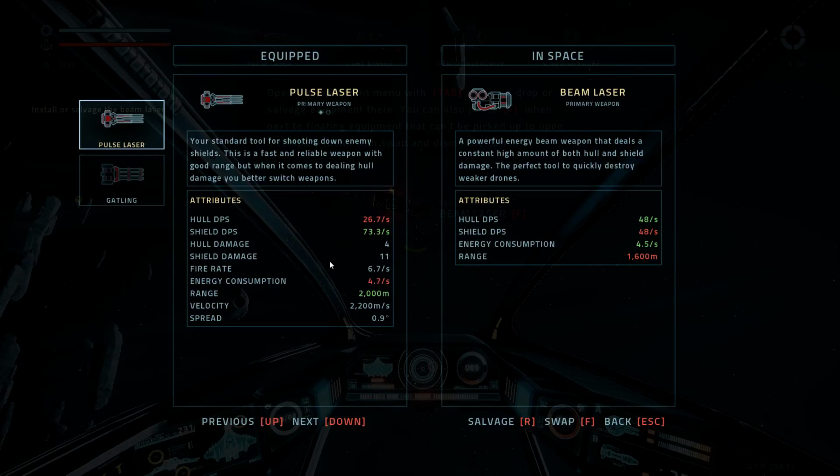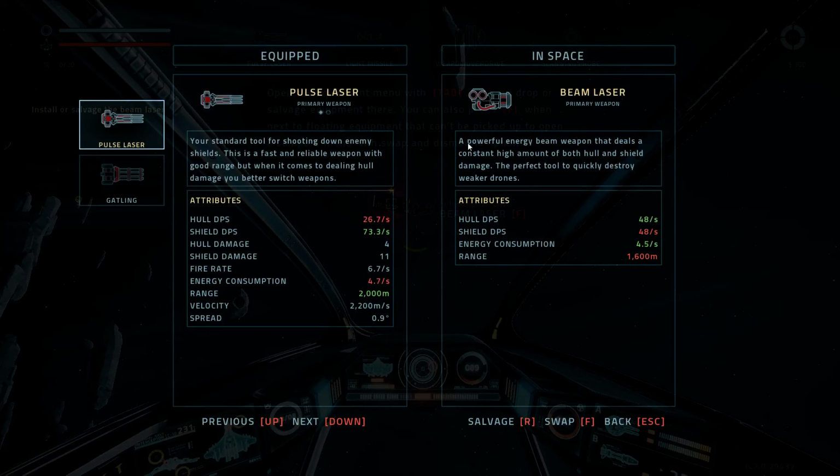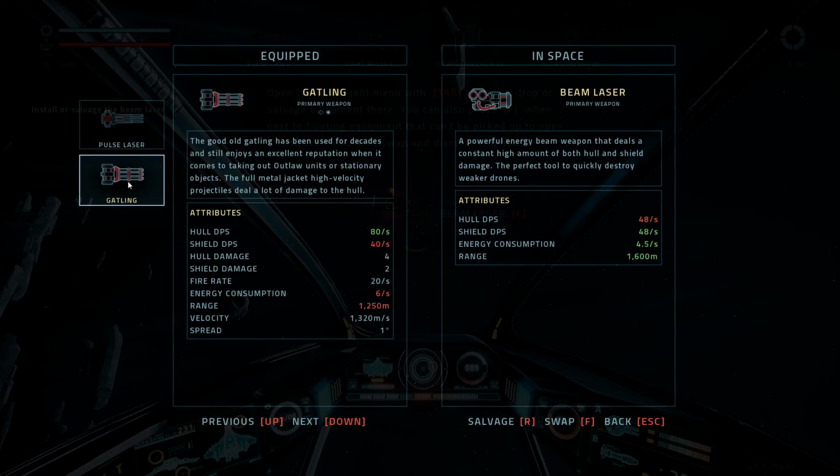Brings up the whole pairing equipment concept. Laser, a powerful energy beam weapon that deals a consistent high amount of both hull and shield damage. The perfect tool for destroying weaker drones. Basically, if I wanted to replace my pulse laser with the beam laser, replace my Gatling with it, it would be a lot better. That's 48 hull, but everything else is much better in terms of range, energy consumption. How is a Gatling gun using more energy than a laser turret? Yes, technically it's a mass driver technology, so